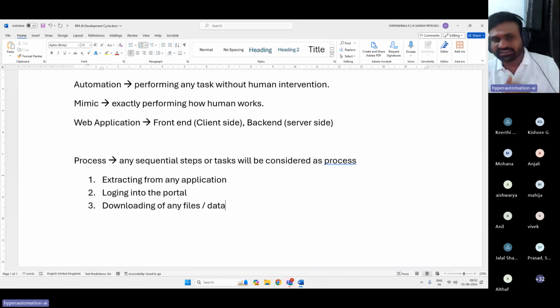I expected something from you guys, something that you actually do in your day-to-day life. Forget about the software company or the software industry or any customer or any automation you want to propose. Can you tell me some processes which you do or you look at in a day-to-day life?